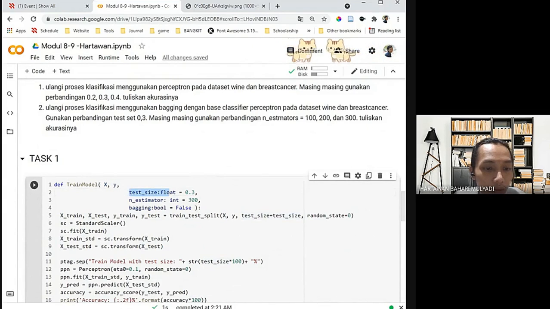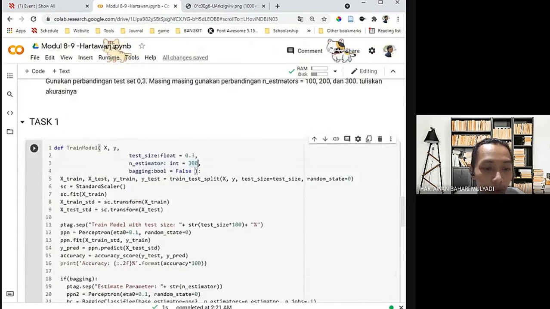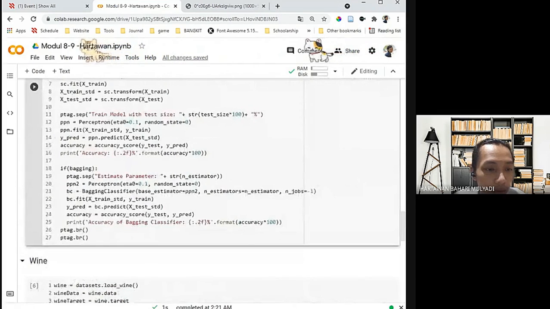Next, test size is set to a default of 0.3, n_estimators is set to 300, and bagging is set to false. If we don't need the bagging method, we can set it to false, and for task two, we set it to true and it will run the bagging function here.